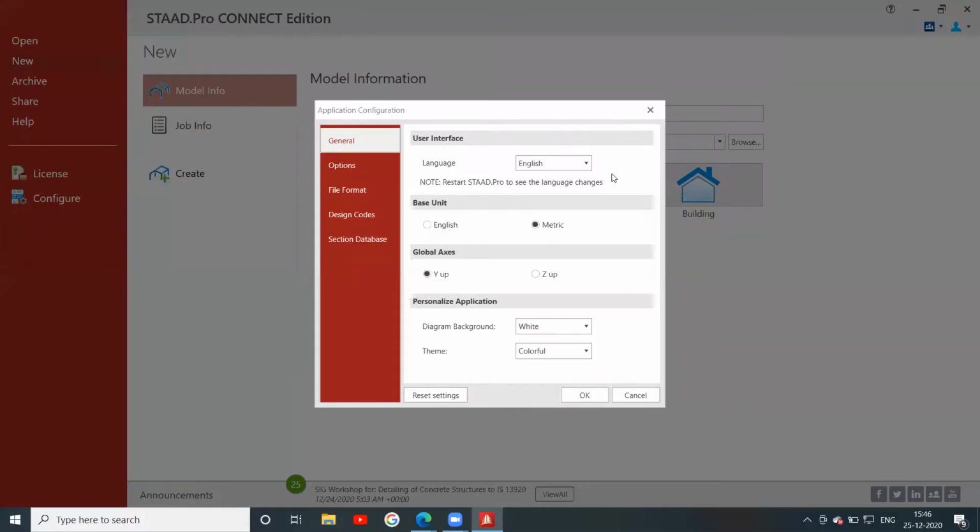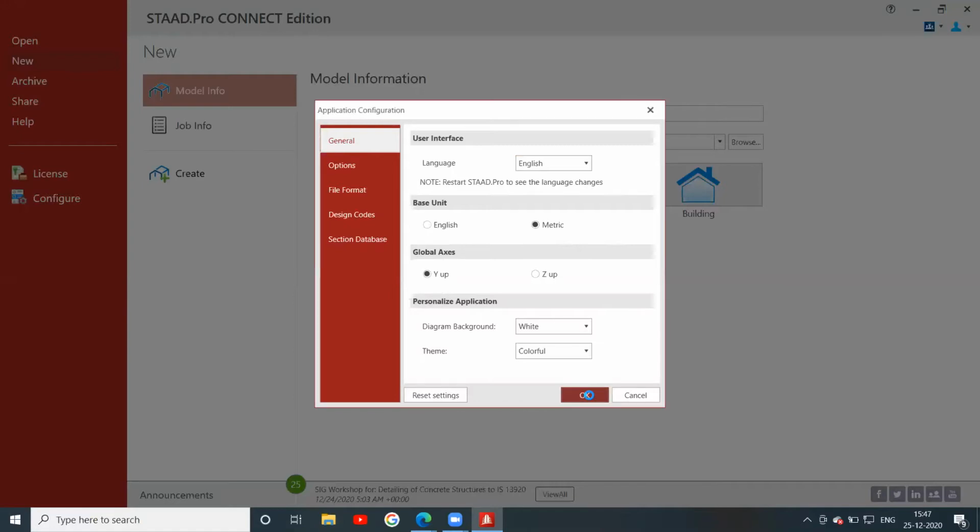See here you can see config. If you click configure, you can see the basic unit, English or metric, global axis Y up, and the remaining settings. If you want English, you can click English. But now we are choosing the metric system.